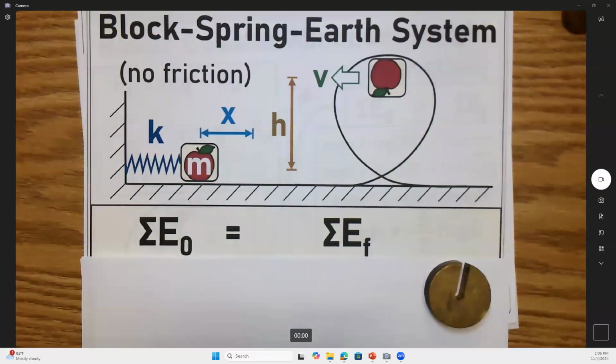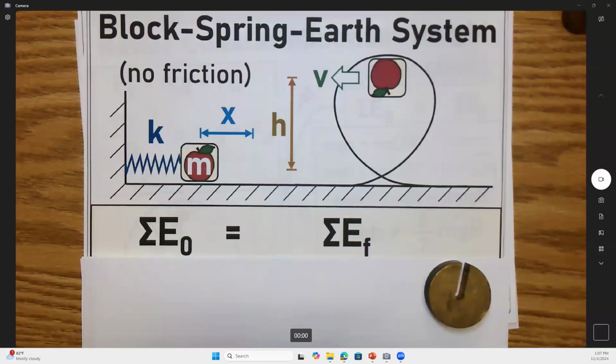What spring constant do I have to use, or how much do I have to compress the spring, what's the maximal mass I could use to guarantee it gets around the loop, something like that. Right? I need a conservation of energy equation to be able to answer any of those questions. What type of energy does it start with at the beginning? And what types of energy does it have at the top of the loop? Can you guys write the equation that can answer that question, or any of those questions? What's the equation? How does that go?